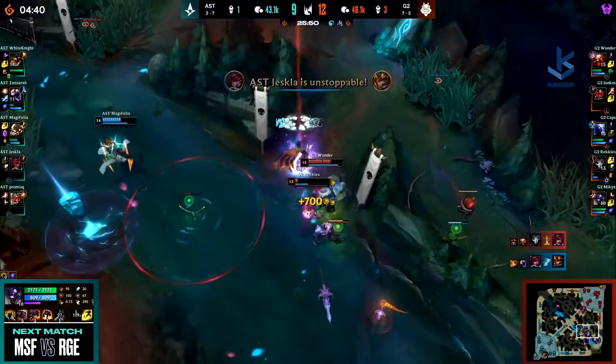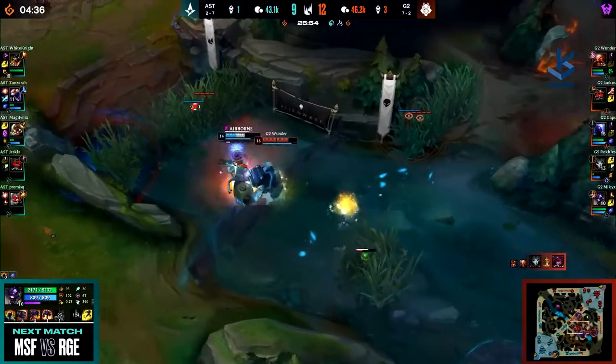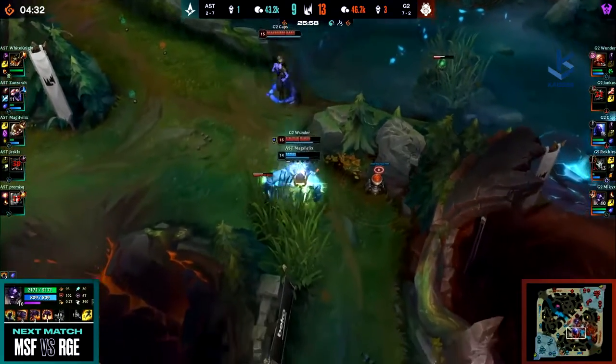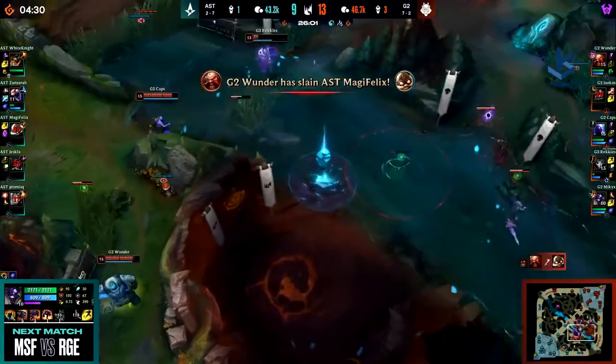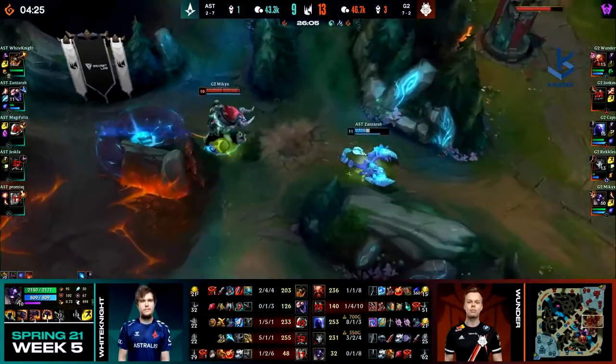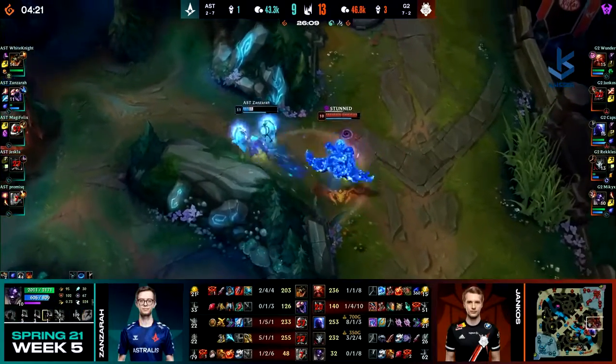The Cloud Gifter! One, two, he's looking for one more, but the third shot for Reckless will find the shutdown, and now Magicfelix has to hightail it out of there. The body slam flash. Now Caps on the way in. He's trying to move out the Immortal Shield Bow. It's ticking away, and there's no hope left for Magicfelix. Wonder's going to finish the job. Whew, at the very least, Astralis will deny the Infernal Soul from G2, but it's going to cost them their